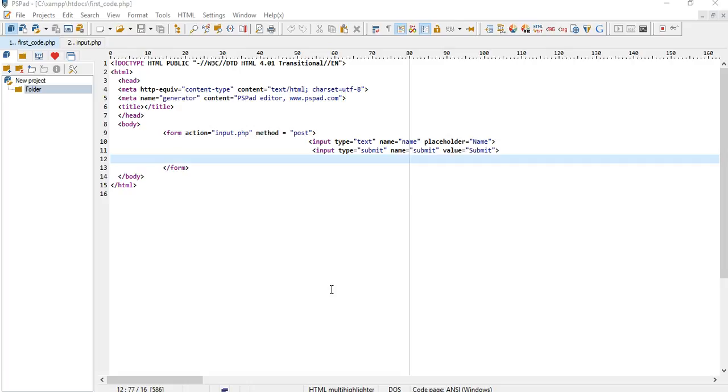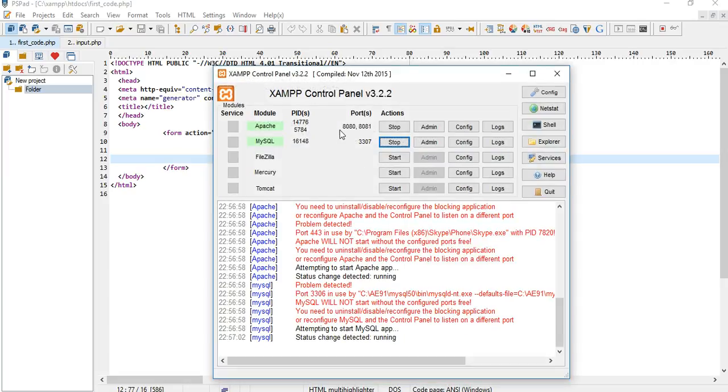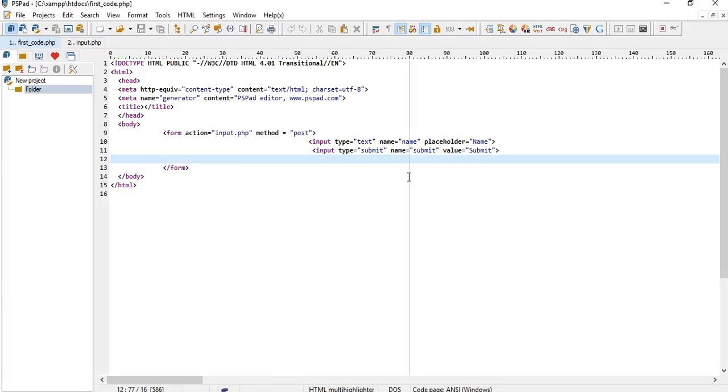First of all, for writing PHP code, we will open our server and click start on both of these, Apache and MySQL. You can close this, it will stay open even if you close it. If you minimize it, good. If you close it, good. Now after you open your server,